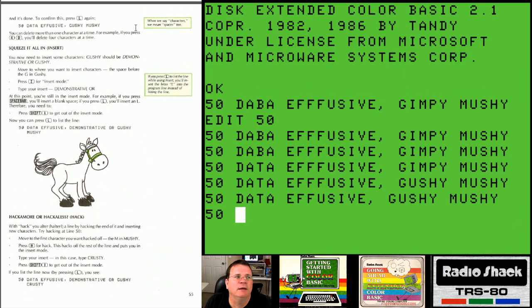Your program should say 50 data effusive, with 2 F's, gushy and mushy. That's what we see here. It says when we say characters, we also mean spaces. A character is how many characters or spaces are crossed on the screen. You can delete more than 1 character at a time. For example, if you press 4D, you will delete more. You'll delete 4 characters at a time. So number 4 and delete would delete 4